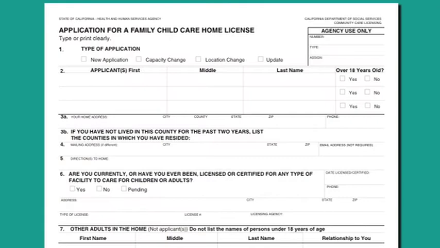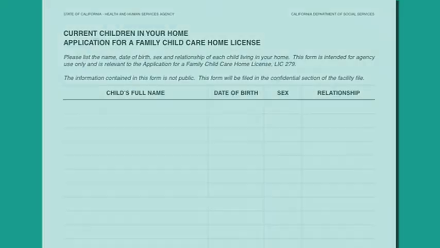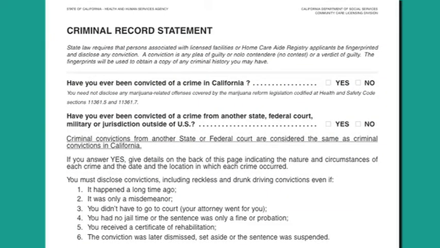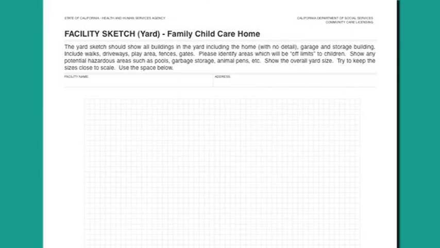They are an application for a Family Child Care Home License, LIC 279, a Current Children in Your Home Report, LIC 279B, all required criminal record statements, LIC 508, an Emergency Care and Disaster Plan, LIC 610A, and a Facility Sketch, LIC 999A. There's more detailed information about several of the forms and the information they require in other videos in this series.